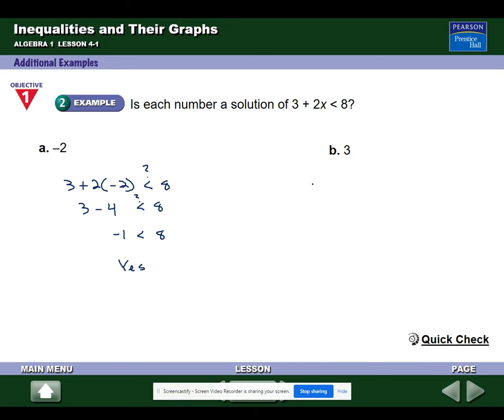What about 3? 3 plus 2 times 3, plugging 3 in for x, wondering if that's less than 8. Well, this is 6, so 3 plus 6, which is going to be 9. Is 9 less than 8? No. And that's the second example. Okay, now,